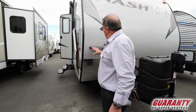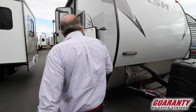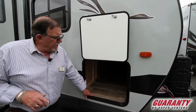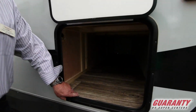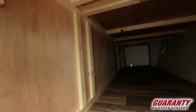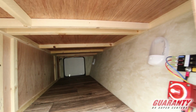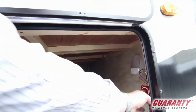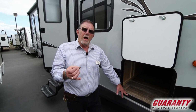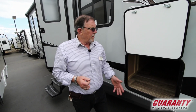So going around, of course, we've got LED lights. We have all plywood construction. Very nice, very big doors. A lot of these guys have storage underneath the front bed, but what they don't have is a great big door to put the big coolers and stuff like that in it. You'll notice here we've even got our own battery shutoff switch. Got independent lights on either side, so it really doesn't matter which side of this you open up, you can